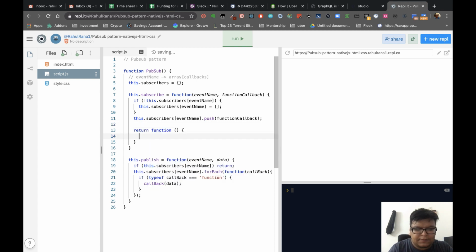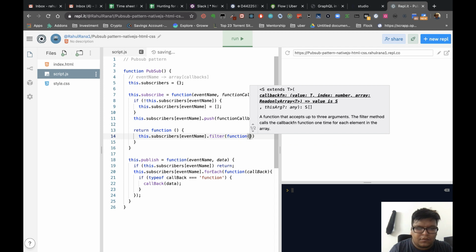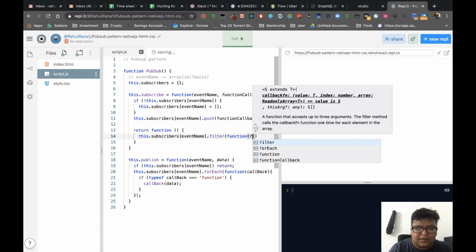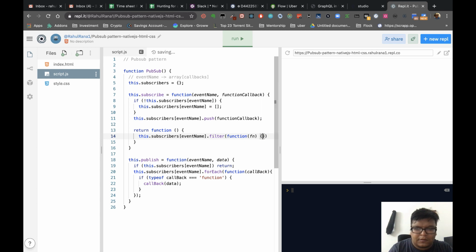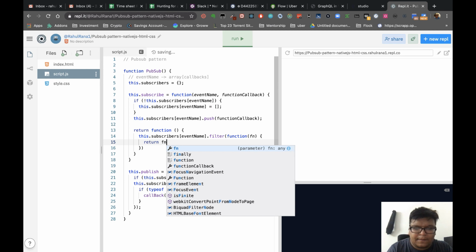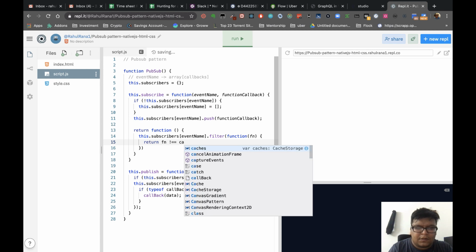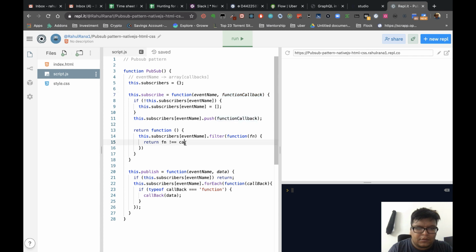So this.subscribers[eventName].filter, here you can say fn, return fn not equal to function callback.